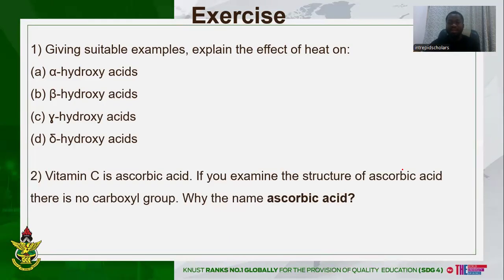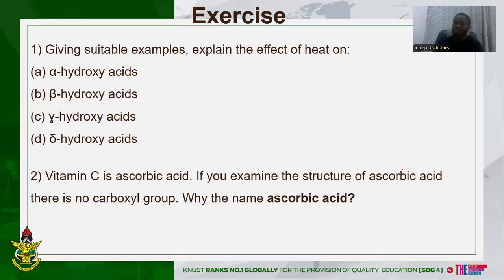When I got to the example, the natural example is vitamin C, which is ascorbic acid. If you examine the structure, there's no carboxylic acid. Why the name ascorbic acid? First of all, the acid there is not because of the structural representation, but because of the behavior. The dienol part can donate a hydrogen. One of the hydroxyl groups at the dienol part can donate a hydrogen, and in essence make the compound